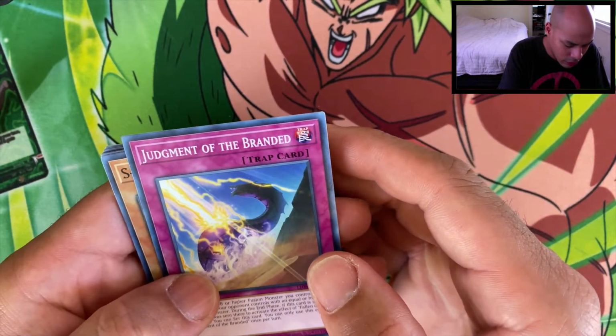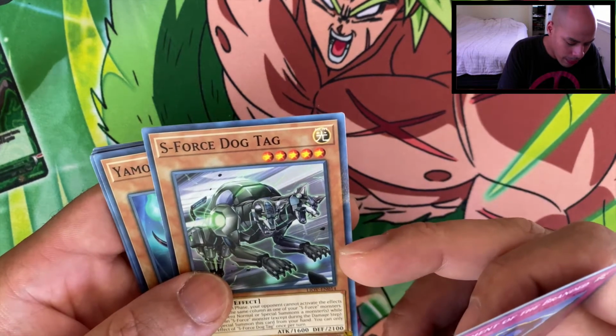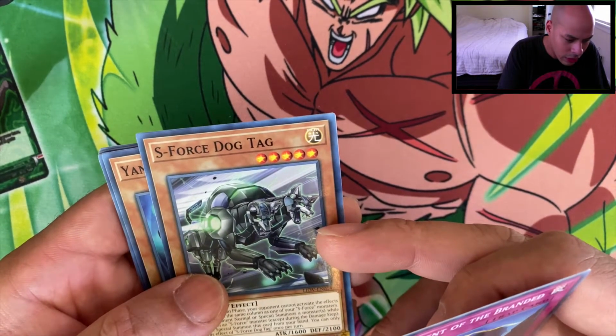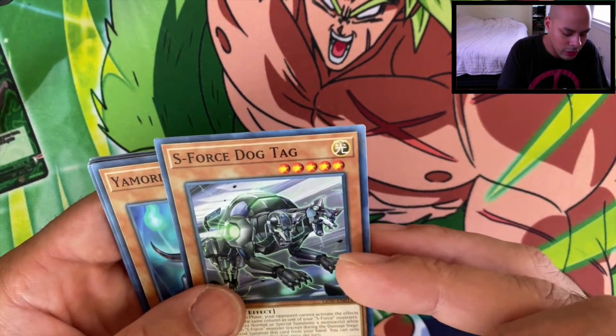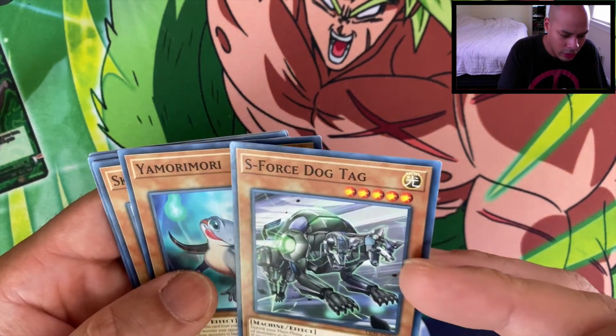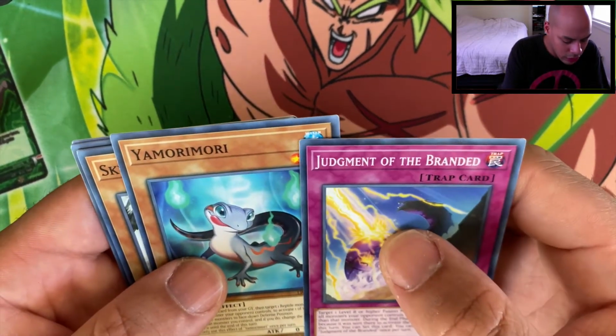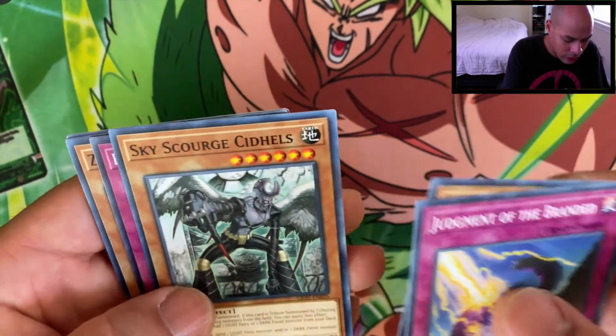Judgment of the Branded, S-Force Dog Tag. Oh yeah, I forgot new S-Force cards were in here. I do need some of these to work on the S-Force deck. Maybe I'll have another deck profile soon, so we'll see about that. Yamori Mori, Sky Scourge Sidhells,